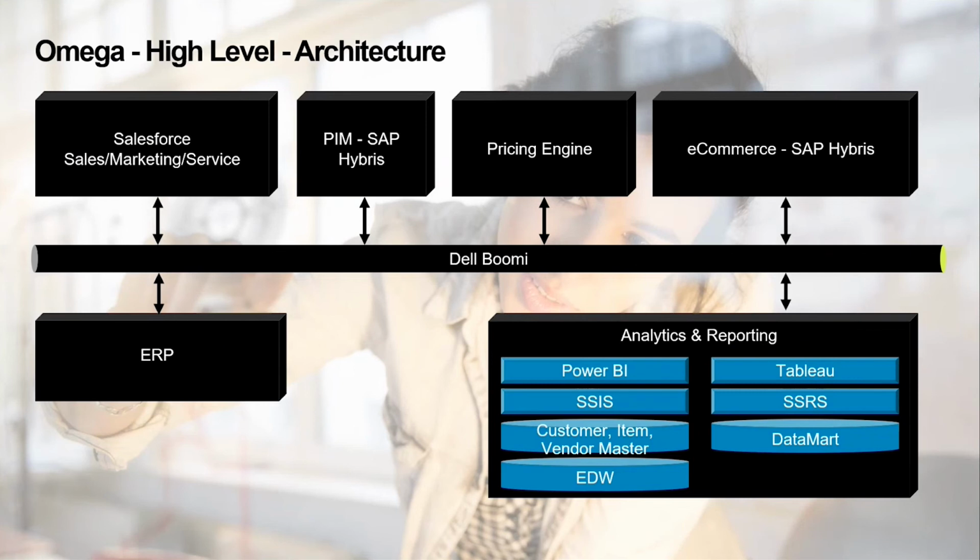So what's happening here is that a customer comes onto Omega Engineering's website, and they can place an order. The order placed in Hybris is then sent across to the ERP system as well as to Salesforce. In Salesforce, we have all the order details, and even in the ERP system, all the order details are there. Now this is a B2B scenario that I'm going through, where some of the orders placed are made to order. It's not readily available to ship out.